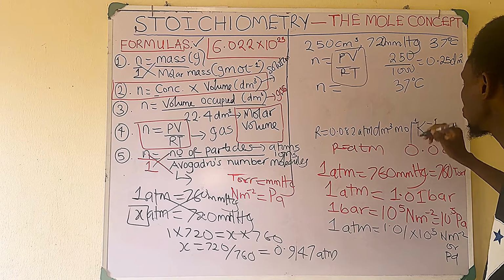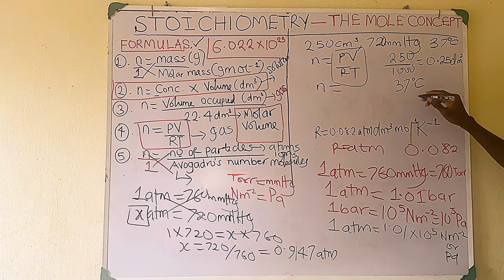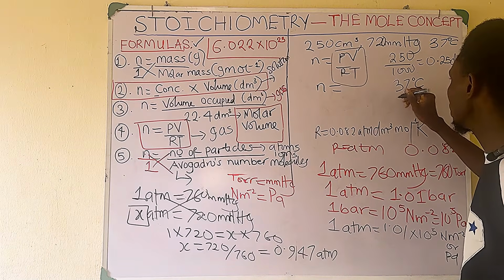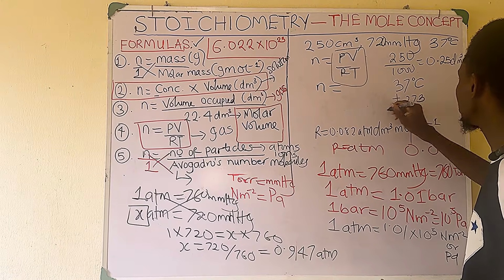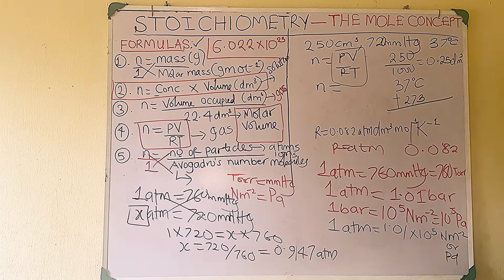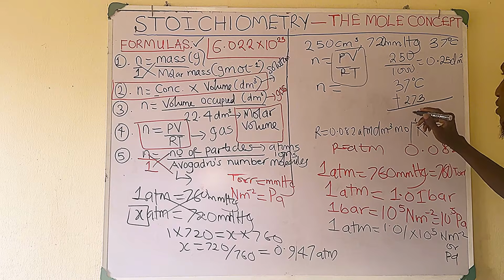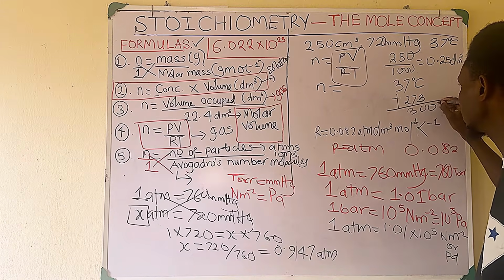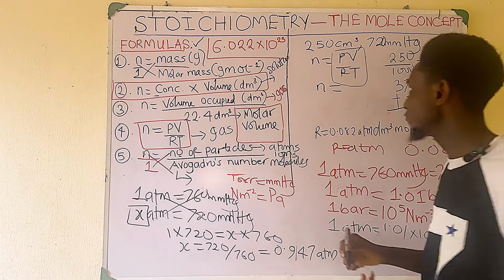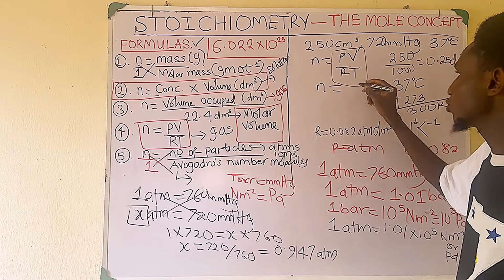Hope you get it. So from there now, it means we have to convert this guy to Kelvin. So what do you do now? You're going to add 273. To convert Celsius to Kelvin, you add 273. Please take note. So if you add 273, you're going to be getting 300 Kelvin. So from there now, if you put everything into this formula, you're going to do